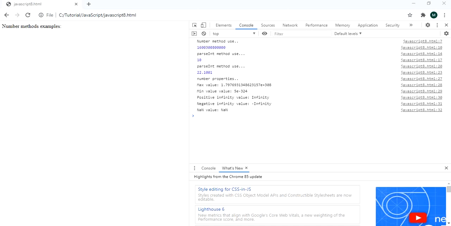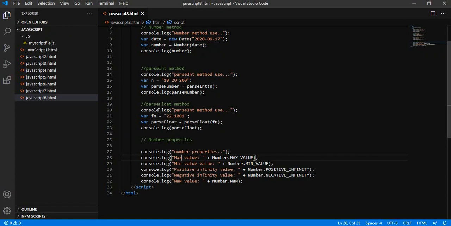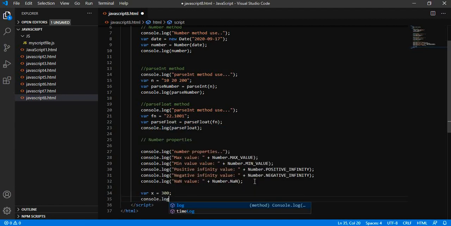Suppose that we have var x equals 300 and we try to give x dot this one. Let us see what it will print.